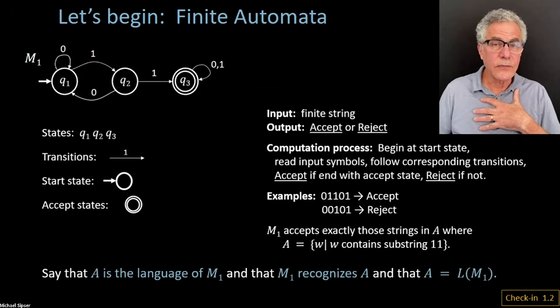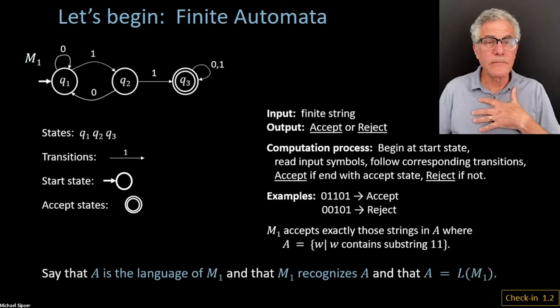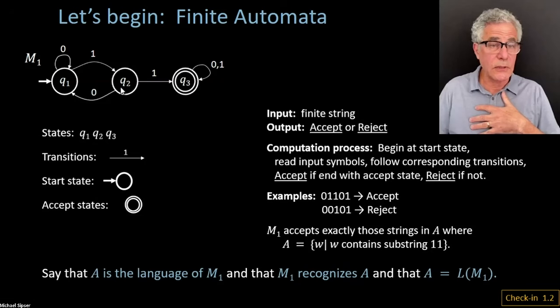Okay, so I think we've pretty much converged here. I think almost everybody got it right. The answer is indeed that you ended up in state Q2 because you go 1, 0, 1, and that's where you ended up in state Q2. So is this string accepted? No, because you didn't end up in an accept state. So this machine rejects 1, 0, 1.